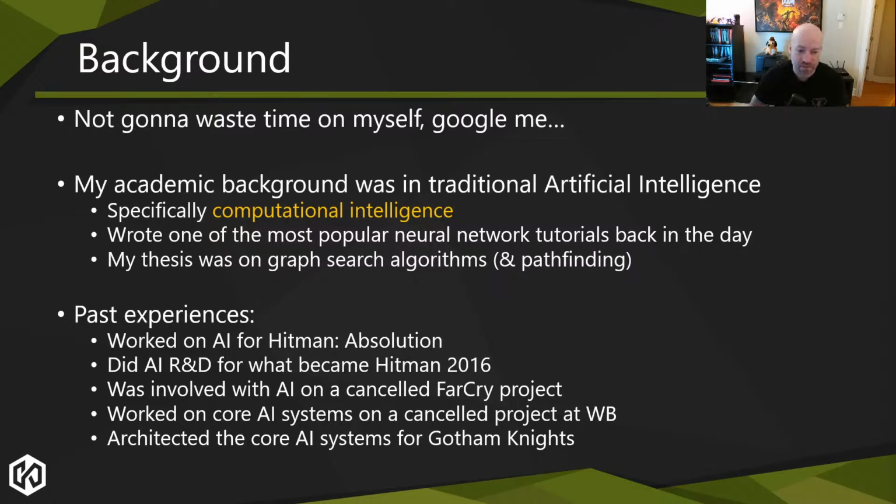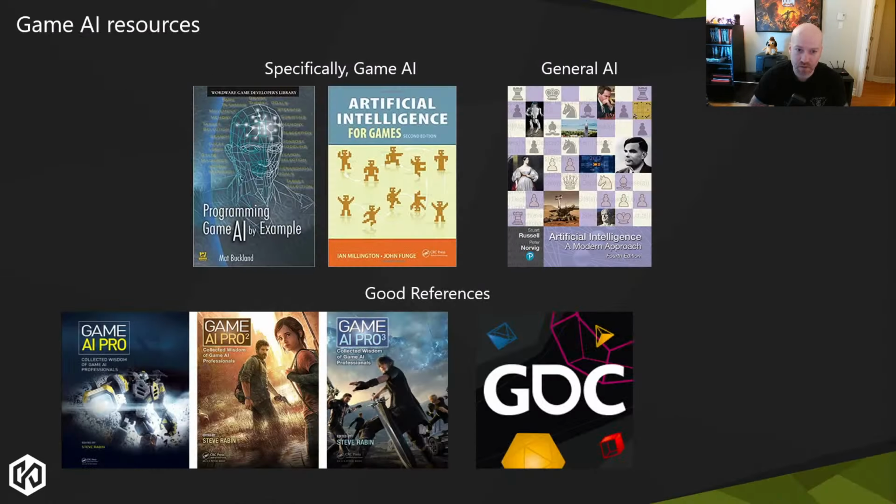So that said, we got a lot of stuff to go through, so I'm going to go through some of the stuff relatively quick. If we want to talk about resources, outside of this, for people that are interested in finding out how some things work in games, general AI concepts, those sort of things, these are some of the better references I have. For games specifically, the Game AI Pro books have quite a lot of good information. If you want to go back in time, there's also the Game AI Wisdom books. GDC talks are kind of useful, but they sort of assume a bit of prior knowledge a lot of the time because they don't go too much in depth due to the time limits.